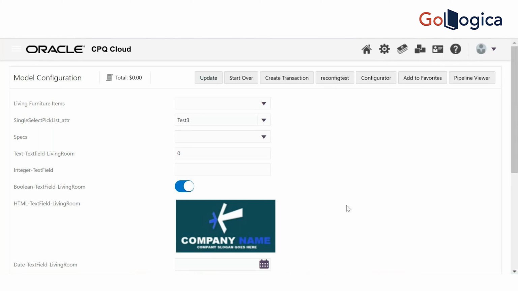And this is the single select list regarding SSPL and HTML attributes. So data tables, this is how we create and organize them. Based on our requirement, we will create different data tables. But we should come to data tables again, because we just created a data table and mapped it